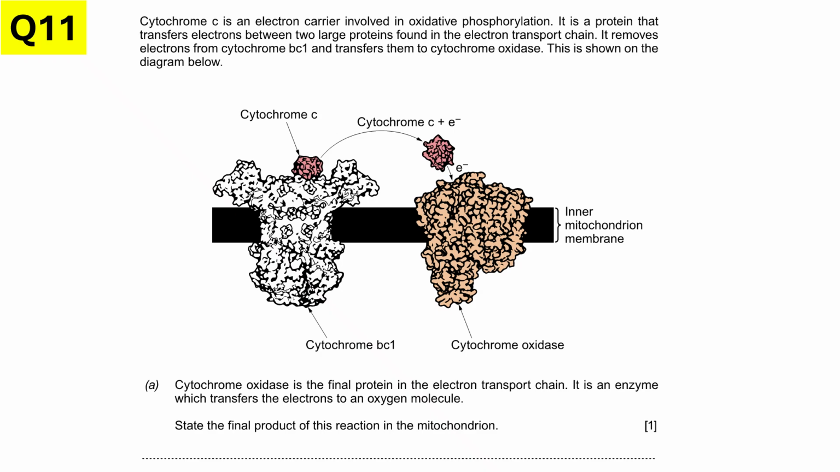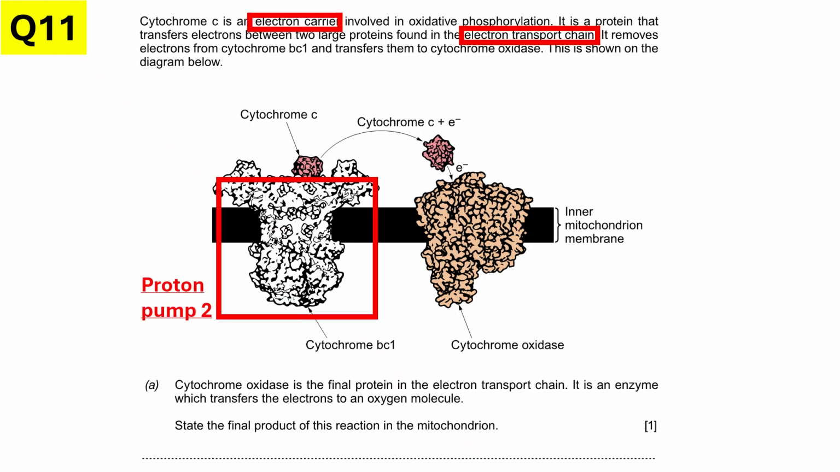So in this question, we're given a nice diagram. It's labeled, so we're going to use the labels where we can. And it actually tells us that it's an inner mitochondrial membrane, and there's two big proteins that we can see involved in oxidative phosphorylation. And the smaller protein in pink is actually an electron carrier that carries electrons down the